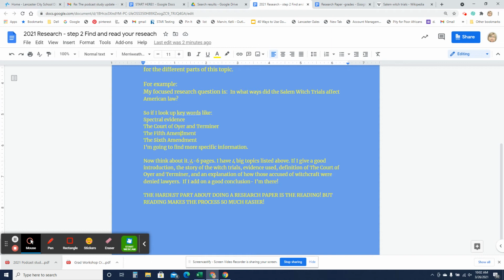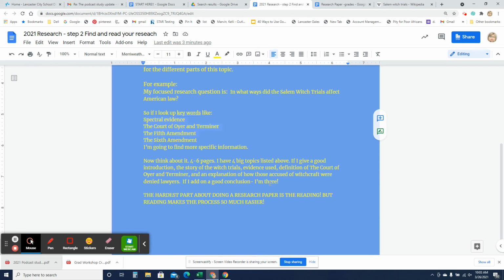Now, if I only have to write 4 to 6 pages, and I have 1, 2, 3, 4 big topics listed above. So if I give a good introduction, that's about 3/4 of a page. If I tell the story of the witch trials, that's going to be about 3/4 of a page. I'm already at a page and a half. And then if I talk about the evidence used in the trial, like the spectral evidence, I'm going to be at 3.5. If I give a definition of the Court of Oyer and Terminer, I'm going to be at 4.5. And then an explanation of how those accused of witchcraft were denied lawyers, I may be at 5.5 pages already there. If I have a good conclusion,